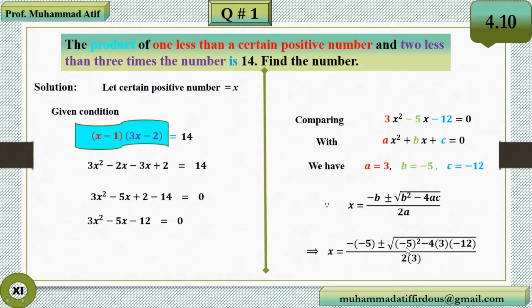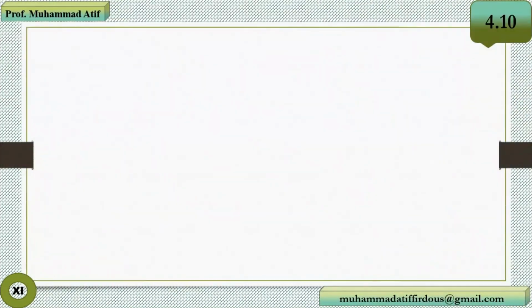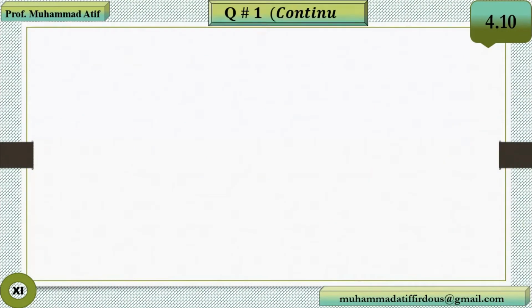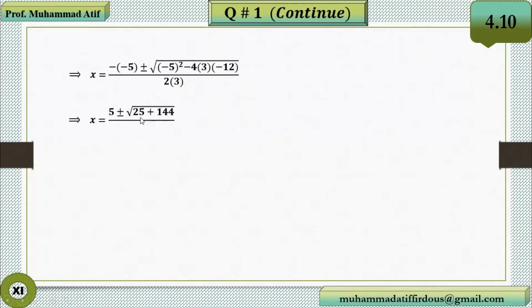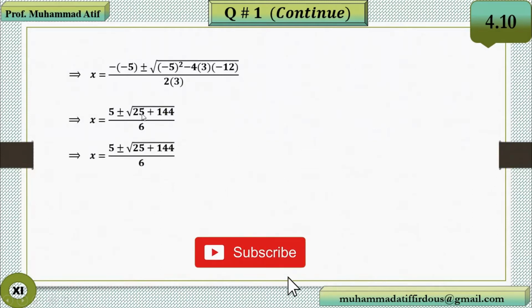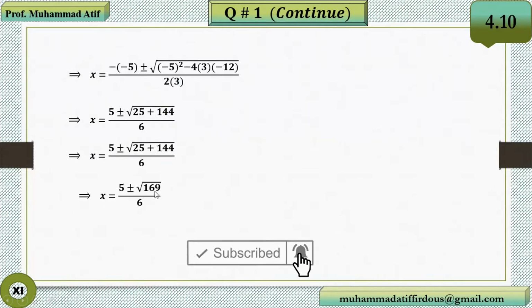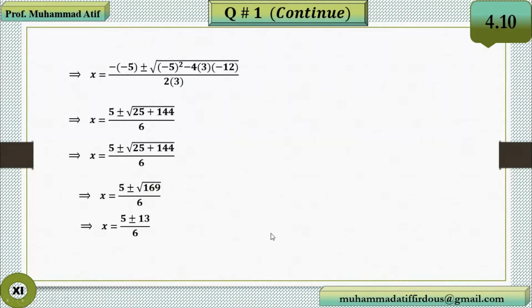Negative 5 square is positive 25, and negative into negative is positive. More simplifying, we have x equal to, 25 plus 144, and 144 plus 25 is 169, and the square root of 169 is